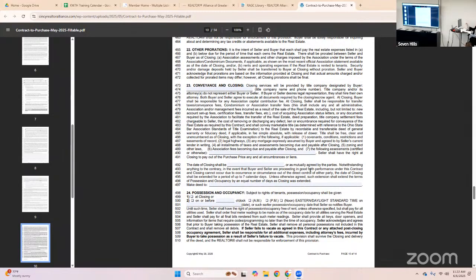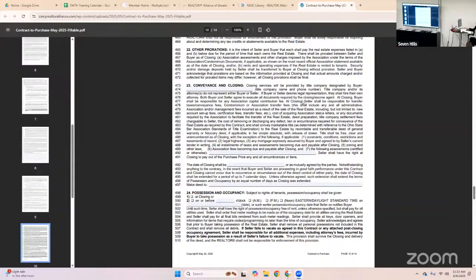So pay particular attention to those as we go through the contracts from now on, since capital contribution has been added, that the buyer will pay it. 477. Thank you. Yeah, it's just clarifying that at closing, buyer shall be responsible for any association capital contribution fees. It's a good thing they added that because I think that is something a lot of buyers will ask about, whether they would have to pay it or not.